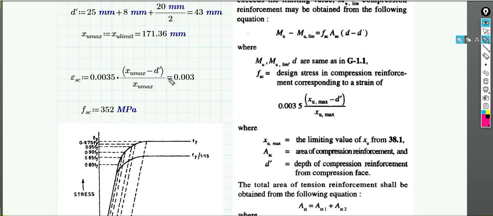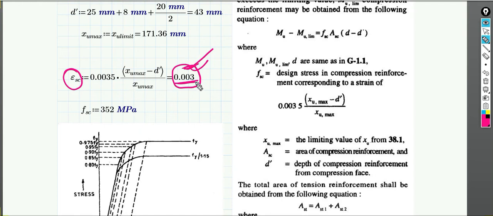Same equation. So you can find out the strain in the concrete at the level of the compression steel, which is basically the strain in concrete as well as the strain in steel, which is 0.003. Why can we not change the strain value? Because if the strain value is different, then the steel and the concrete will behave as different materials. It will not behave as the same material, because in that case the steel will come out of the concrete if the strains are not the same.